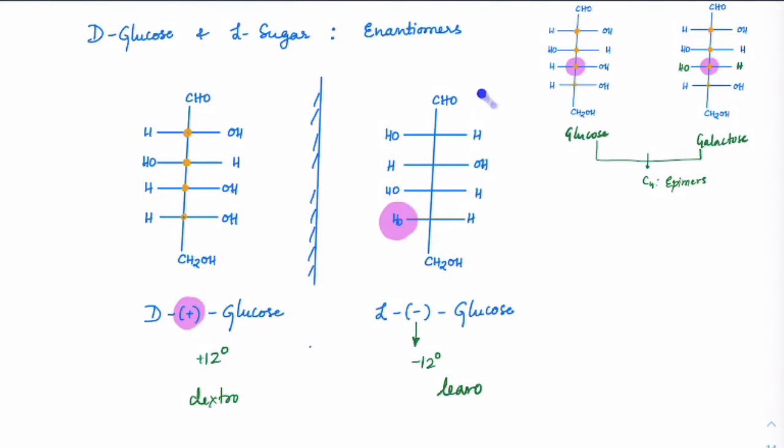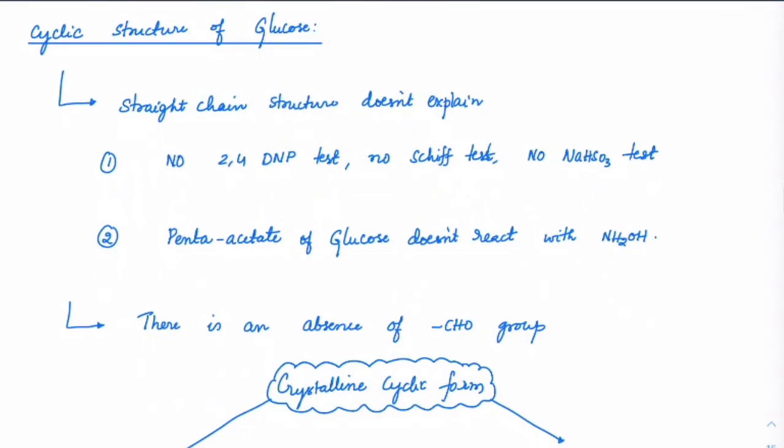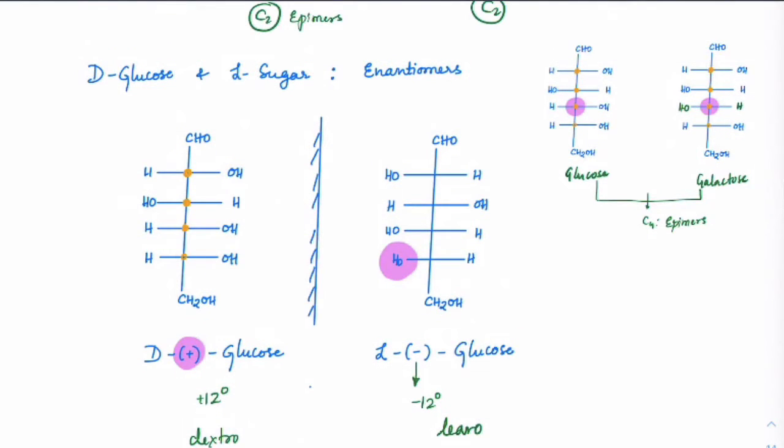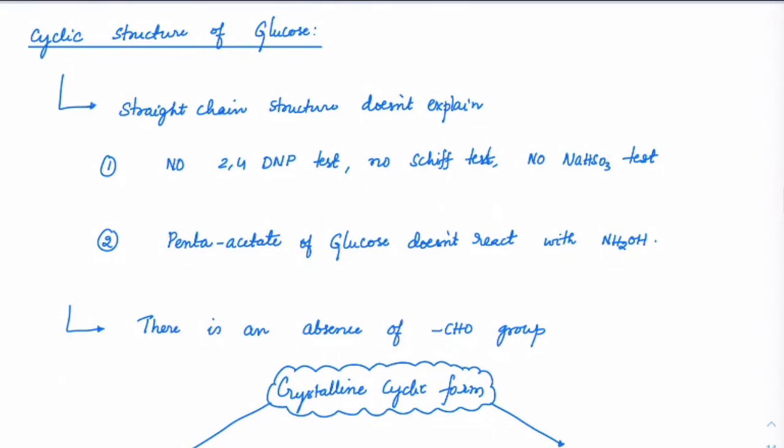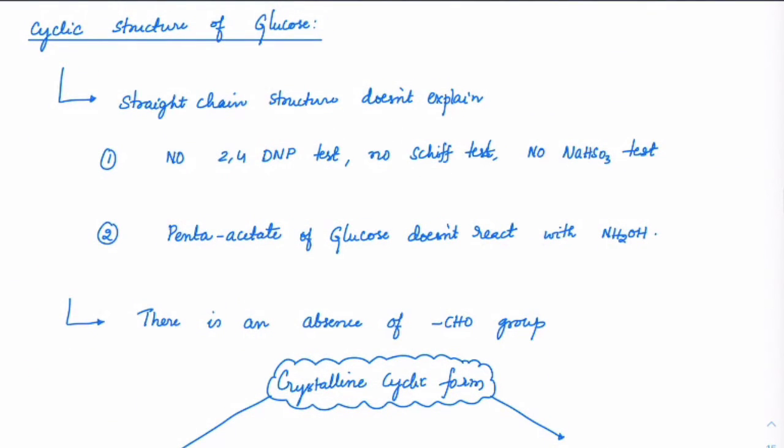So in 2016 it was asked what is L sugar. So what is the structure of L sugar? You have to determine L sugar. So please understand that it is the exact mirror image of D positive sugar, D positive glucose. Because all of you got these points now, like I said, we have to spend more time on the structure of glucose here.